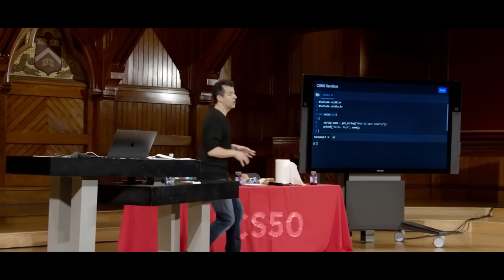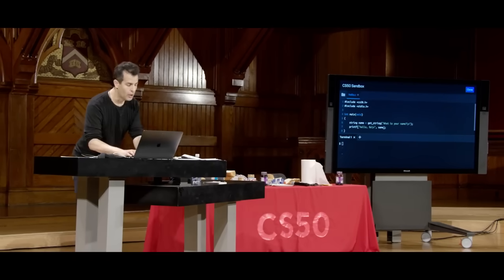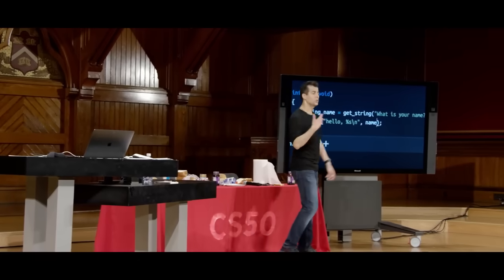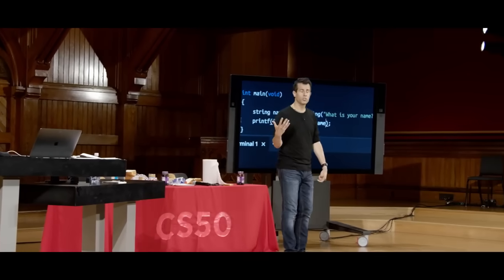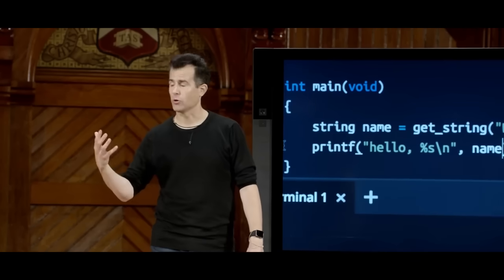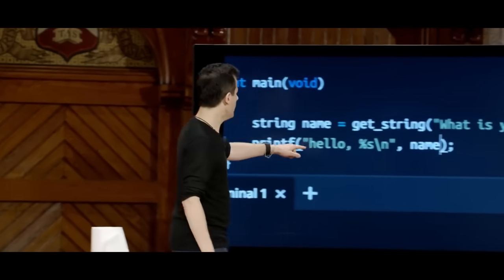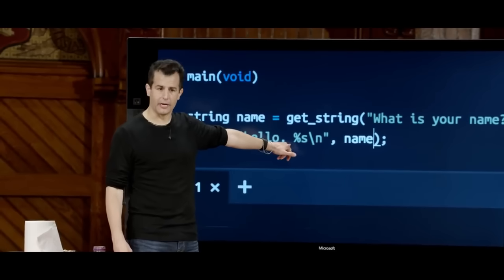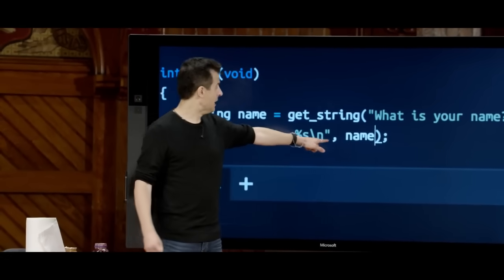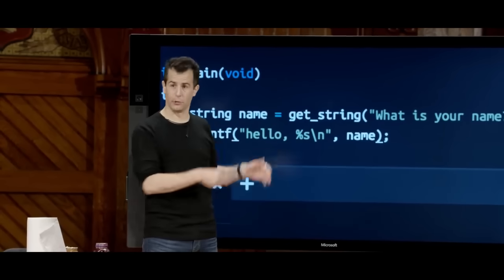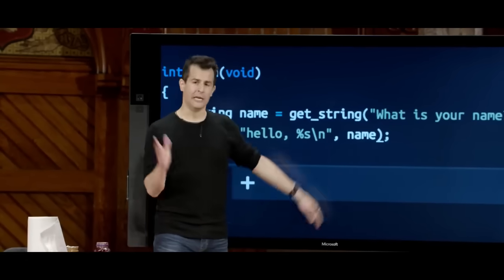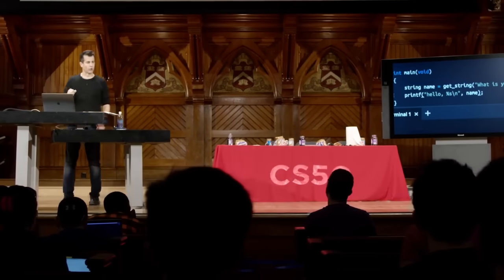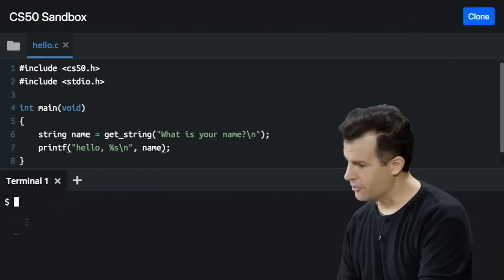Now notice there are 2 commas in this line here. If I zoom in, notice there's 2 commas, but there's only 2 arguments or inputs to printf. The input to a function is just typically called an argument, or also called a parameter. So there's 2 commas, but this one is an English comma, just separating hello from the person's name. This white comma here, color-coded because the sandbox is doing that for me, is actually separating the first argument from the second argument. So now, for a third time,